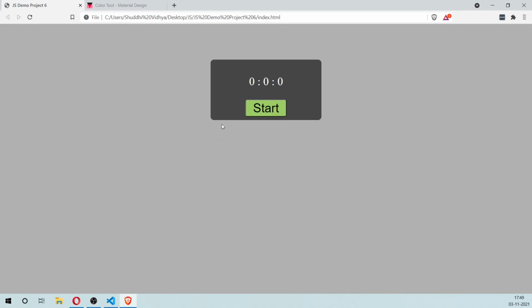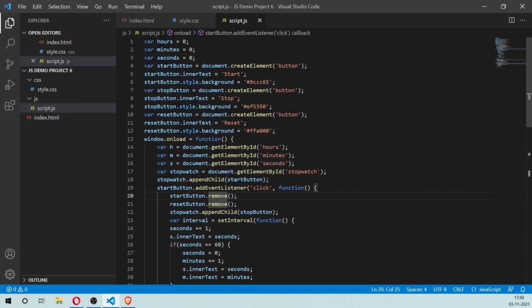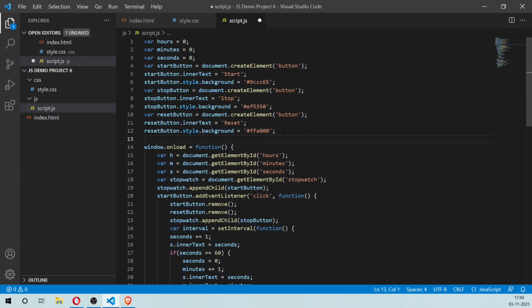Now the only other thing that I would like to do here is, you see how there's 0 0. I want it to be 2 digits, regardless of whether it's showing less than 10 or over 10. I want it to be 2 digits so that it doesn't shift around like this. So for that, we're going to create a separate method called sanitize numbers. So this is a function, and I'm going to pass in a number.